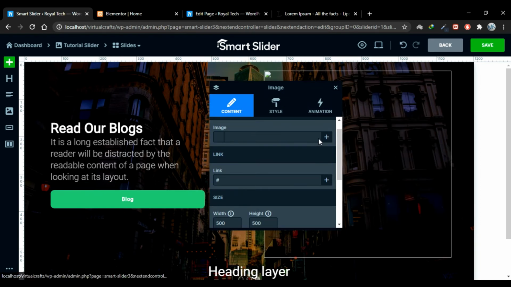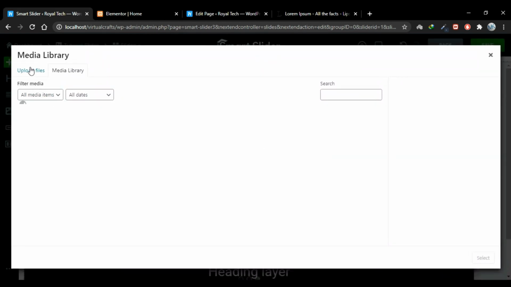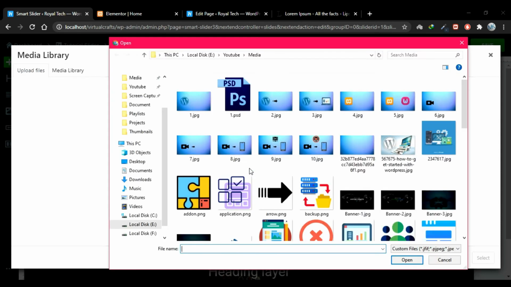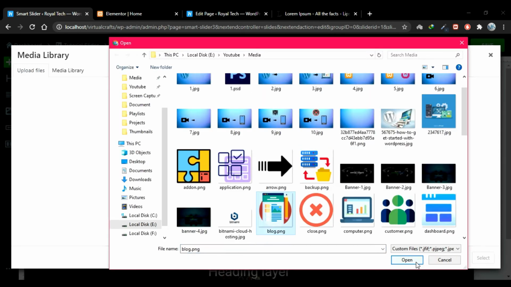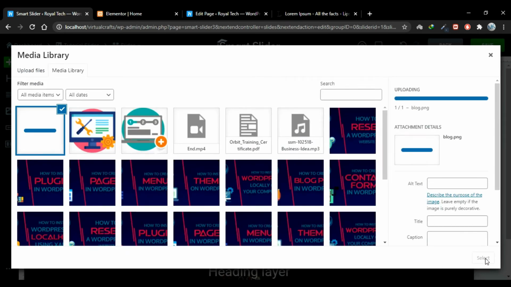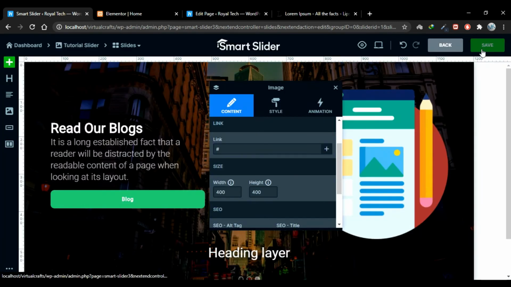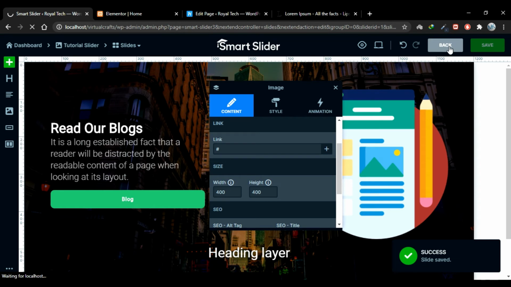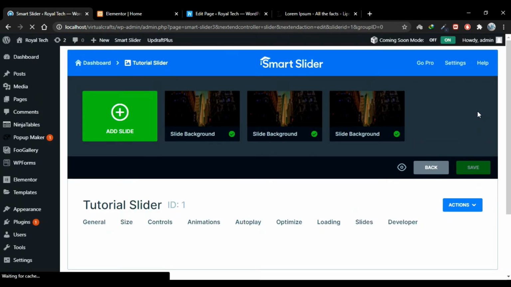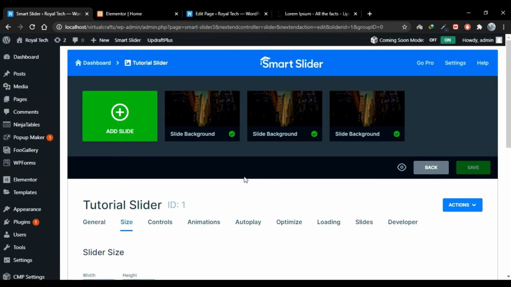Change the image to click save and click back button. Okay, now we've created our slider.